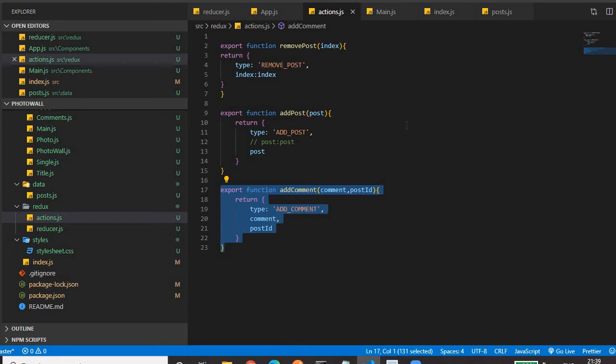Then what next? We'll discuss this action again, I'm just giving an overview. Whatever state resides in the store needs to be provided to the main component, so that it gets access to all the states stored in the store, and it will pass it to the rest of the components.